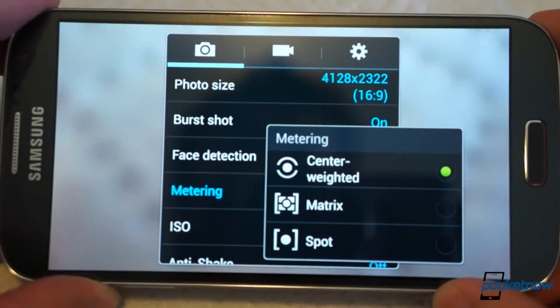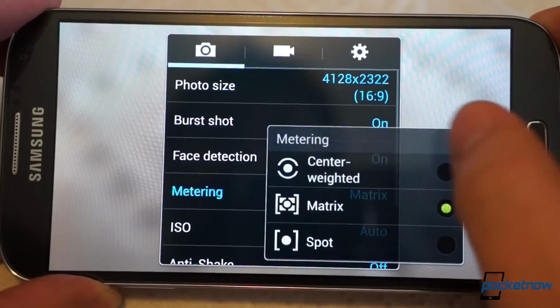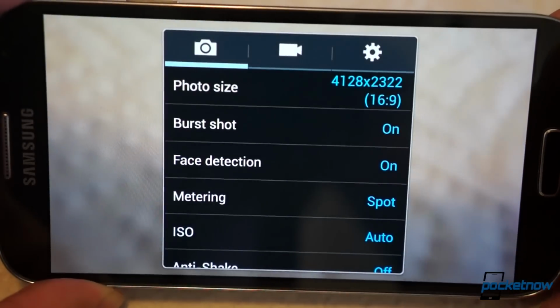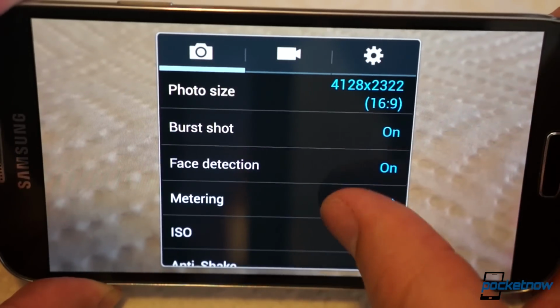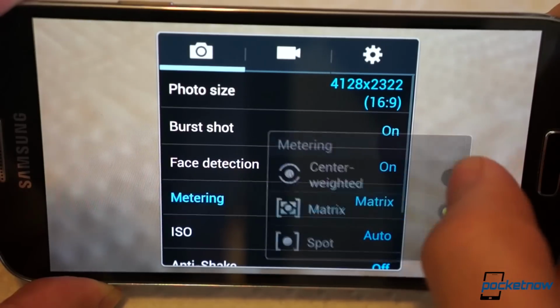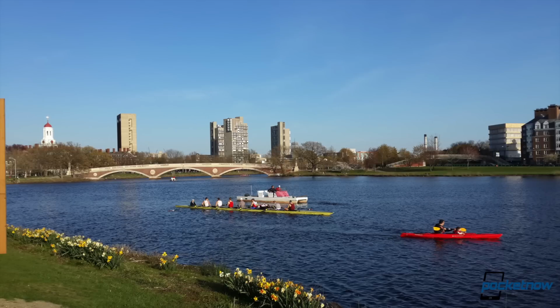Metering is more complex. It refers to the way the camera determines exposure and allows you to select between center-weighted, which concentrates sensitivity toward the middle of the frame, spot metering, which takes its exposure information from a very small area, and matrix mode, which averages several different points of analysis. These modes can be handy for very tricky scenes, like crazy backlighting, but HDR mode should suffice for all but